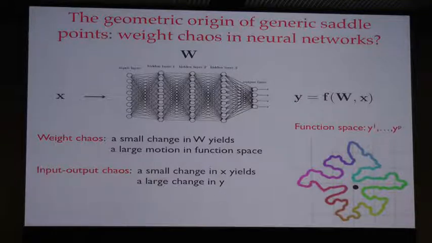Okay, so that's a holistic view of the set of functions that are realizable by varying the weights of your deep neural network. It will generically be some complicated manifold which we would like to understand. The training data is a single point in function space. It's basically the outputs for each of the training inputs.